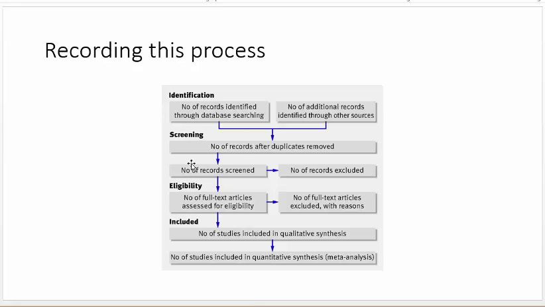correct. So screening, this really means you've got those articles that you come up with. Maybe there's 30. Maybe there's 15 of them duplicates. So you have 15 left. So you just want to read the abstracts of these 15 articles, and those are usually available just when you're looking at PubMed. You don't have to download the full PDF of the article. And then reading through those abstracts, you should be able to get rid of a few of those. So keep count of how many you eliminated by just reading the abstracts, and you'll put that number of records excluded. And then those you think that you want to use for your evidence base,